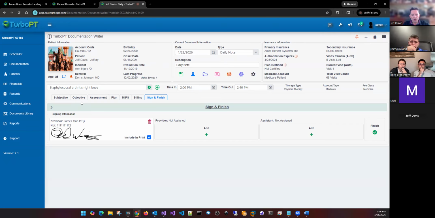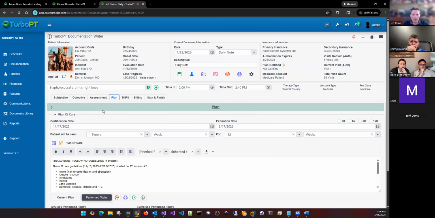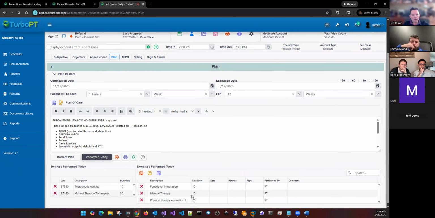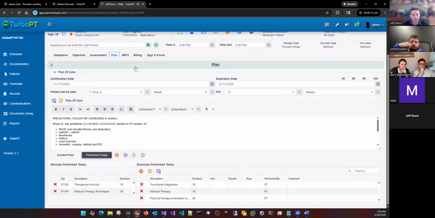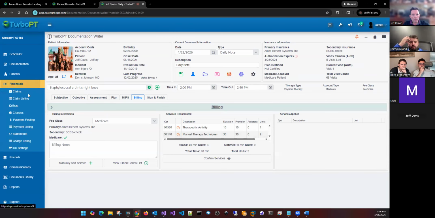Jeff, did we go over the way the charges get carried over when they're doing the documentation from the last visit to the current visit, so they have to redo any of that? Yeah, yeah. That was the first thing when we copied the note over, we went over that in the beginning. And then basically you pick what you did, adjust the time. We kind of covered that with the billing. At that point, it basically is,